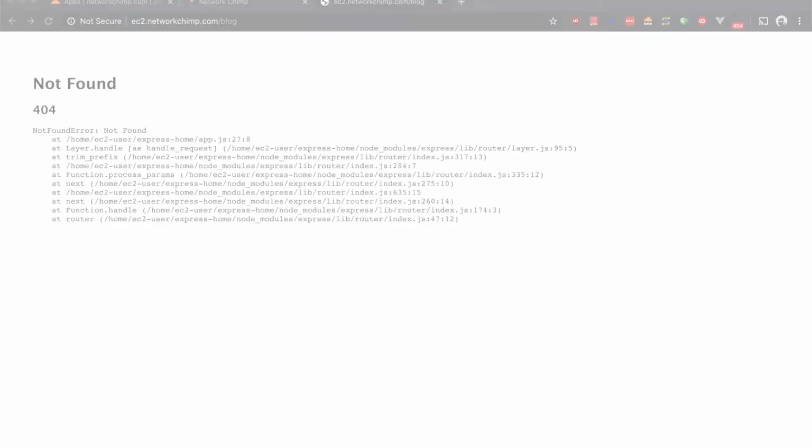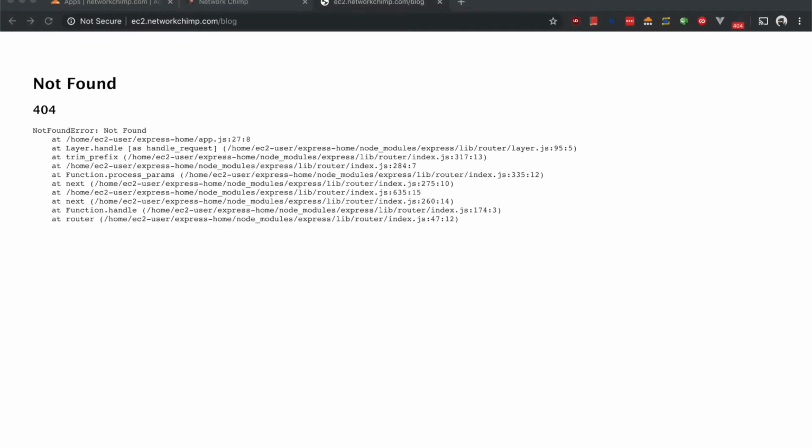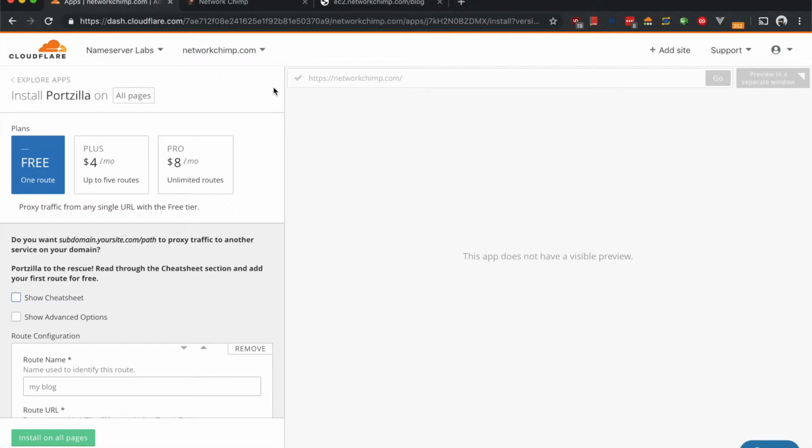Let's set it up. Okay, so here's my ec2.networkchimp.com/blog route with nothing on it. In a few clicks, I'll make it a React app with Portzilla. Let's get started. Okay, here's where all the magic happens. This is the Portzilla installation page on